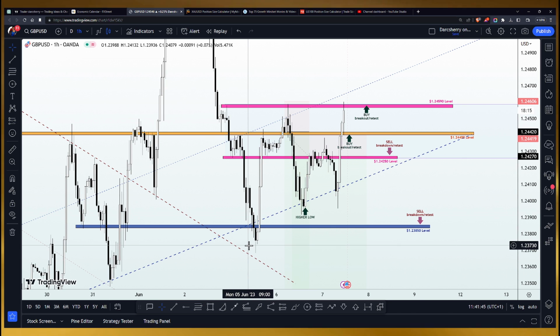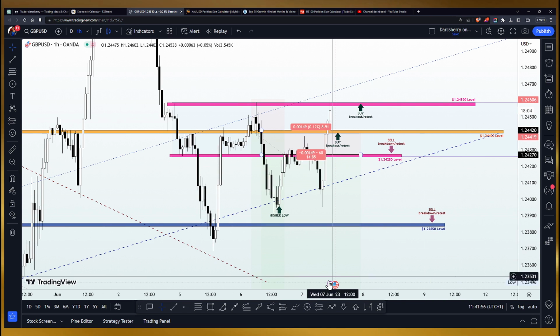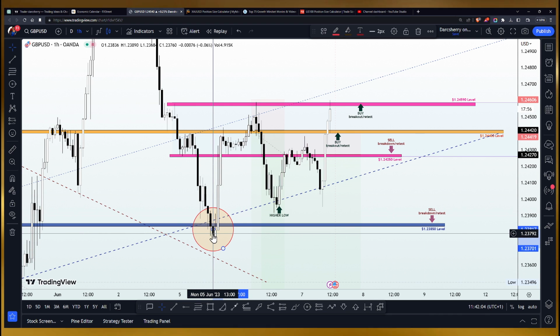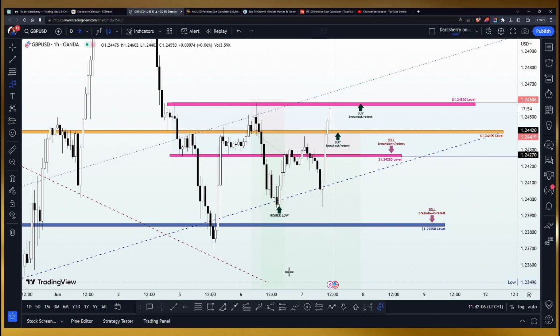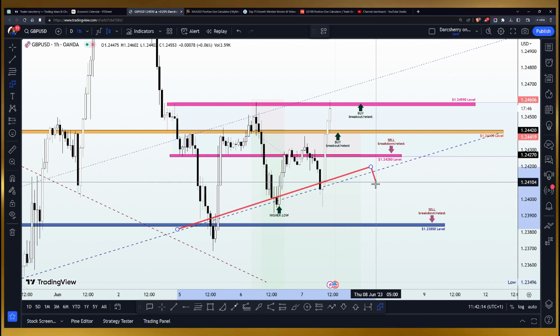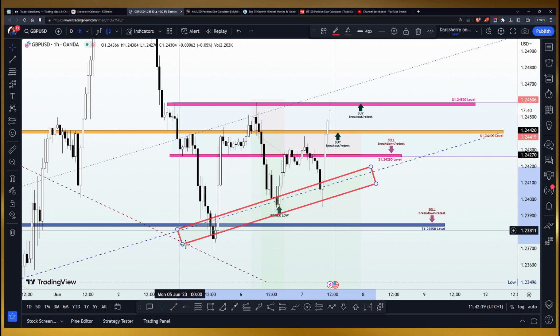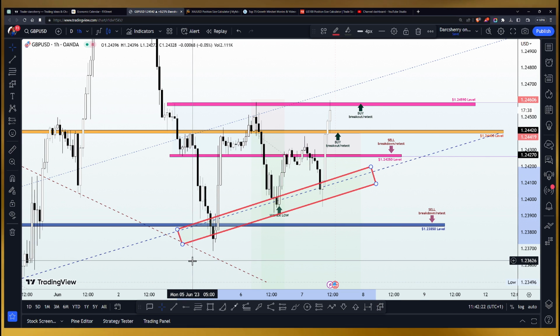And one thing about this structure that might negate the idea of selling the GBPUSD for this week is the fact that since the beginning of this week, you would have noticed how price action had continued to find higher lows in this market. So this was the lowest point price action got to this week, around the 1.23850 level, and since then we saw how price action had found it difficult to find new lows and instead continued to find higher lows here. And whenever we see higher lows, what do you think is happening? Of course, we are seeing a situation where a bullish momentum is gradually coming in.